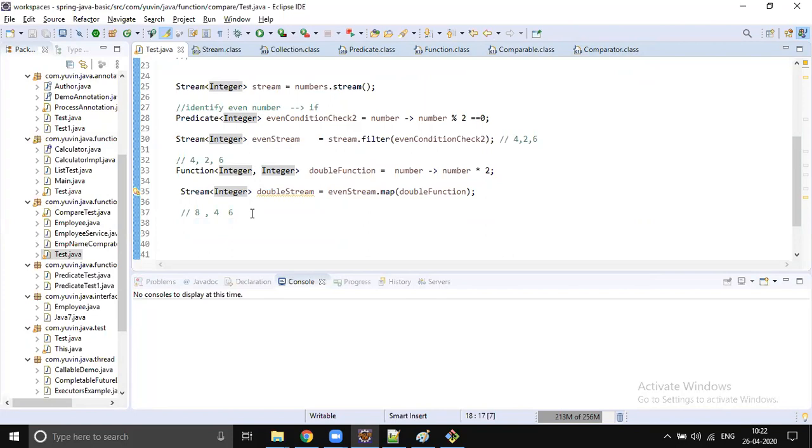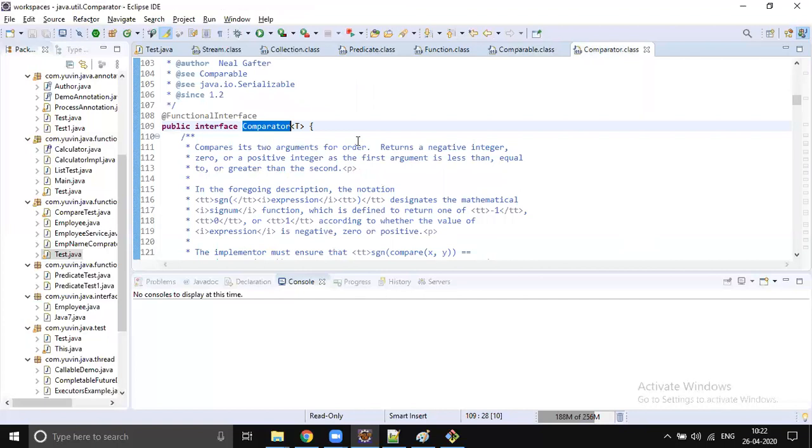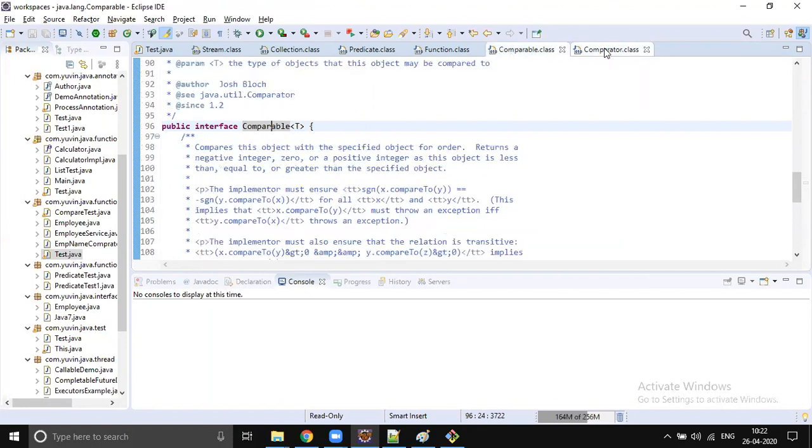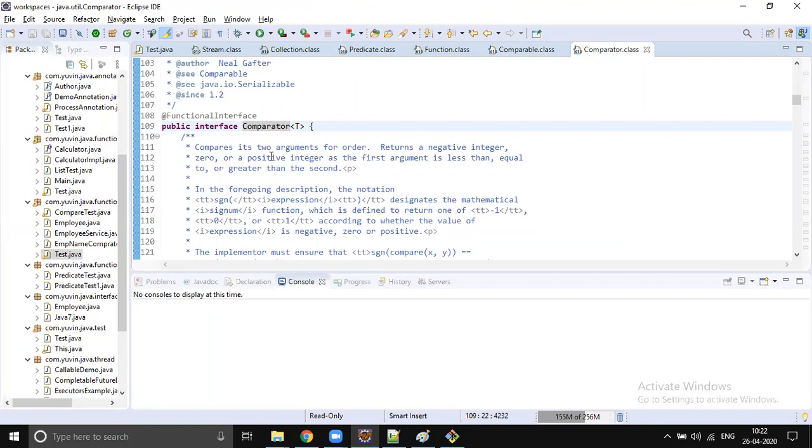I can use comparable, but sometimes we may get a requirement to sort employees by name. I want to get a list of employees from the DB and sort them by their IDs. Employee is a custom class which has not implemented comparable. Then we go for comparator sorting, where you go for customized sorting: employees by their name, employees by IDs, mobile numbers.